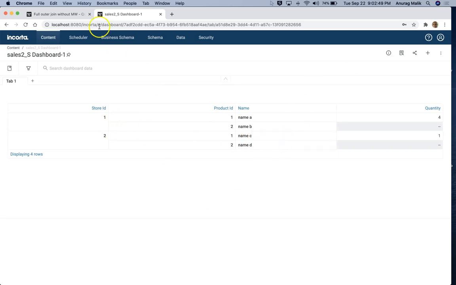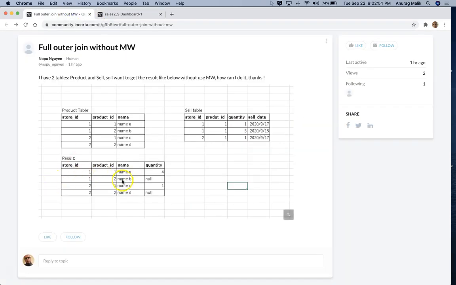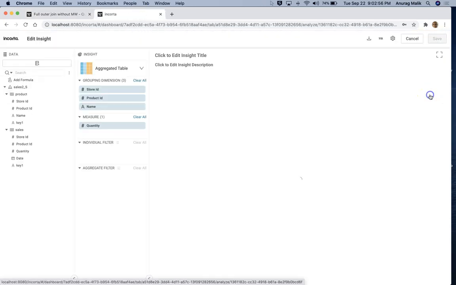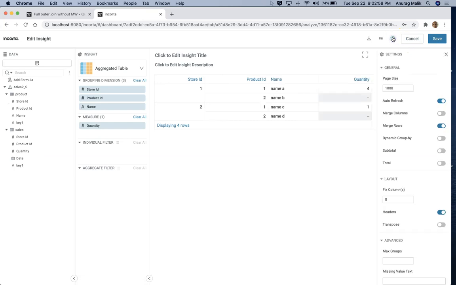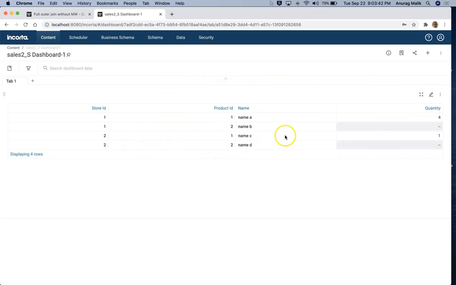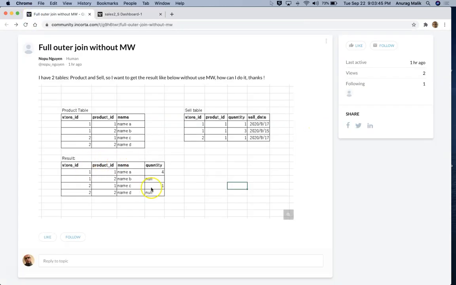So this is kind of similar to what you see here, and I think there's a setting which can allow you to repeat this value. Let me see. This one is not repeated here, but it's repeated here, right? There's a new setting in Encarta 4.9 where you can just uncheck this, and now it is showing like this. So this is exactly the same as what you see here.